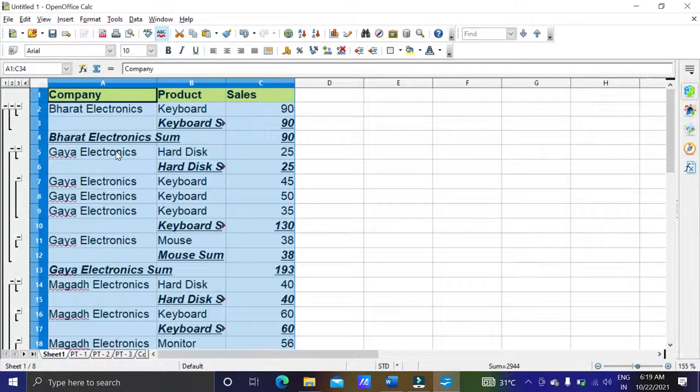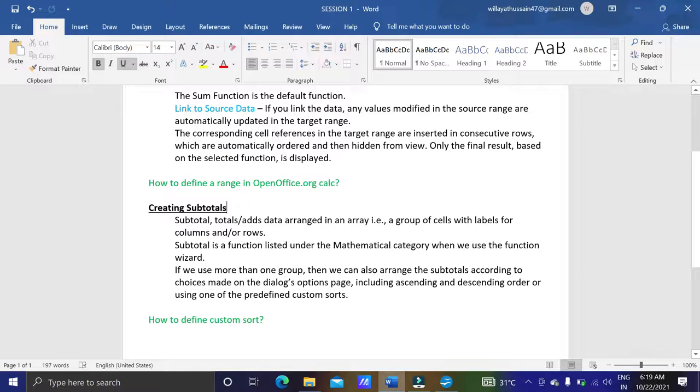So likewise we have arranged in two groups, first company wise and second product wise. So if you are using more than one group, then we can go for subtotals according to our choice.